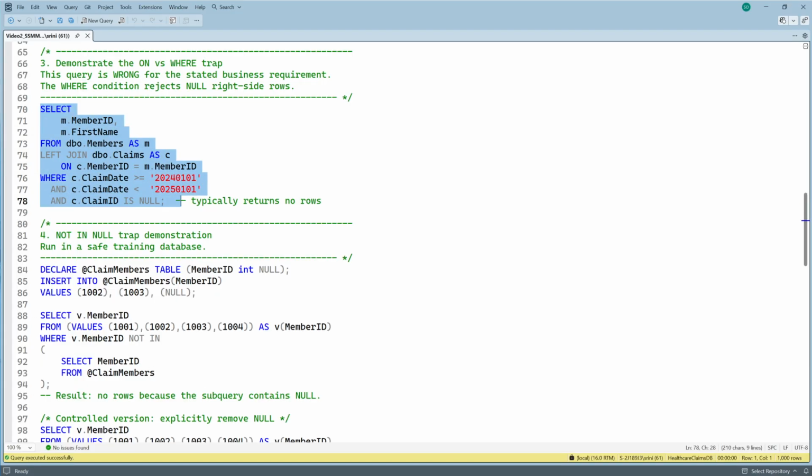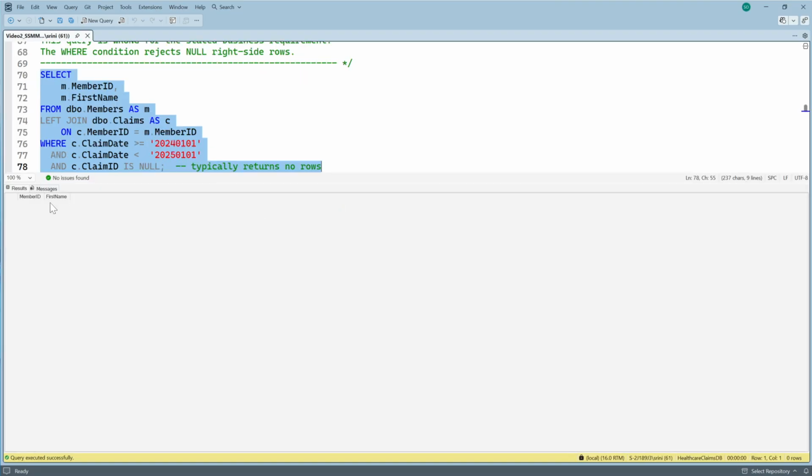When the WHERE clause evaluates whether null is greater than or equal to January 1st, 2024, that comparison is not true. It becomes unknown. And WHERE only keeps rows where the condition evaluates true. So the unmatched member is filtered out before claim ID is null